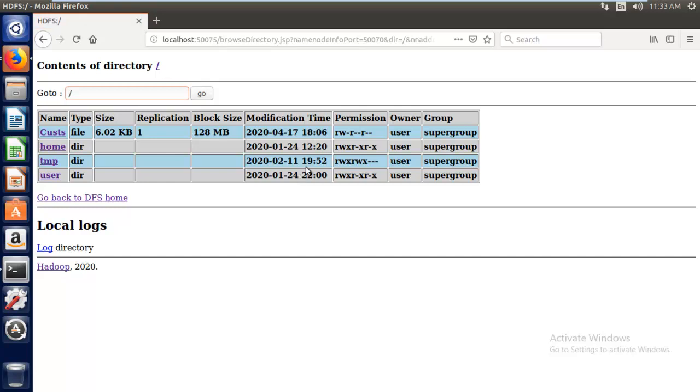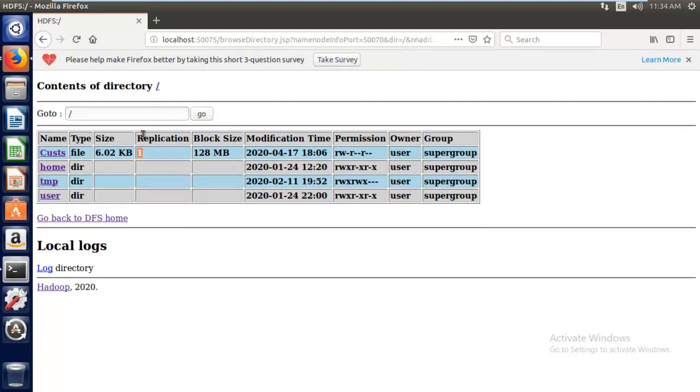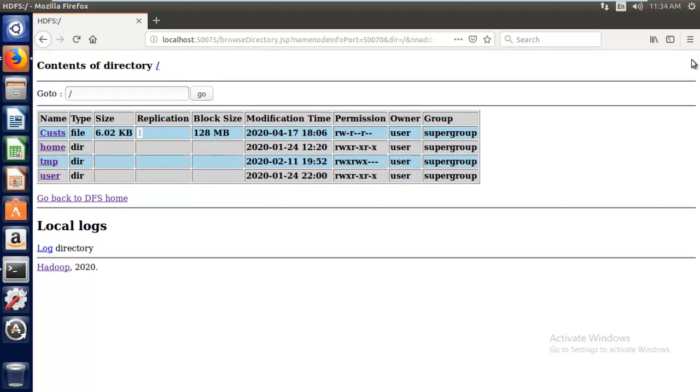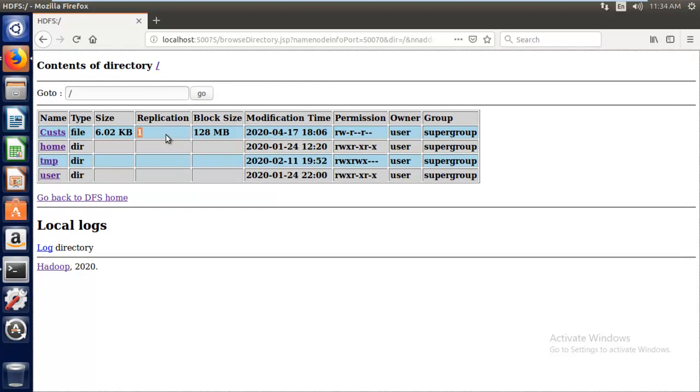This is the area where your data will be stored. I already have one customer file, some home directory, temporary folder and user, so I have some files and folders in this location. The default replication is 1 here. I already mentioned, if you are not going to change any parameters, by default you get 3 replicas, but I have changed the parameter from 3 to 1.